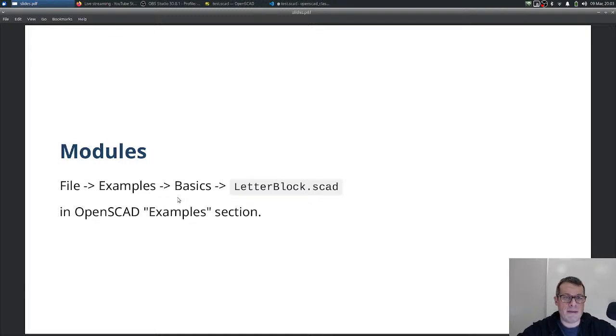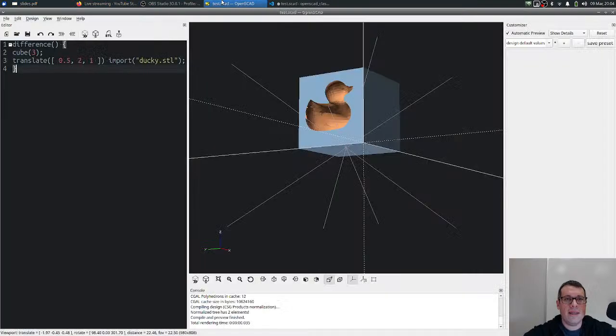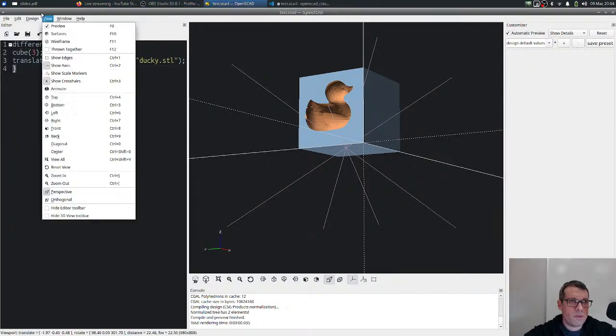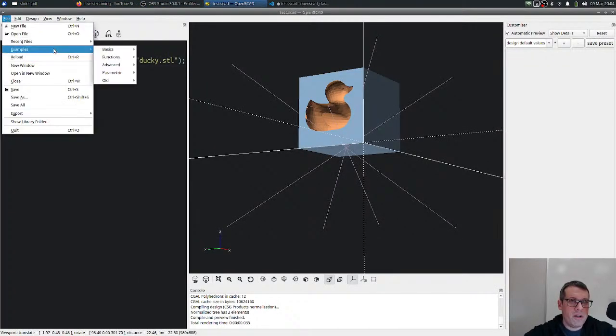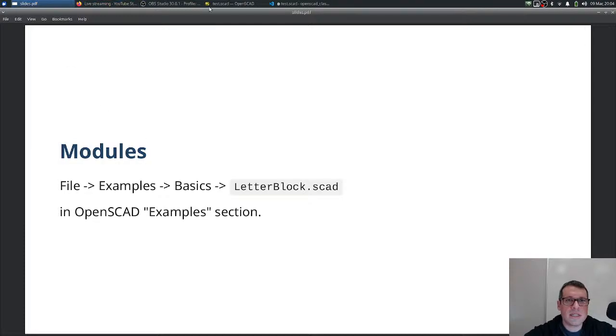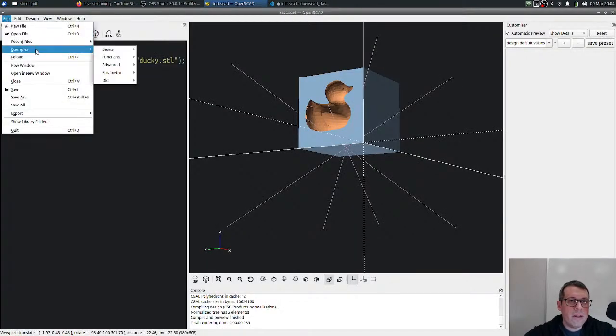So let's look at another example, and this one's coming straight out of the OpenSCAD examples folder. Let's say that we wanted to make a Gutenberg style movable type printing press, and we need to create like 3,000 different letter blocks, right? Not something that's going to be easy to do with point and click. But if you go to examples, it's under basics. So if we go under File, Examples, Basics, and then we hit letter block,